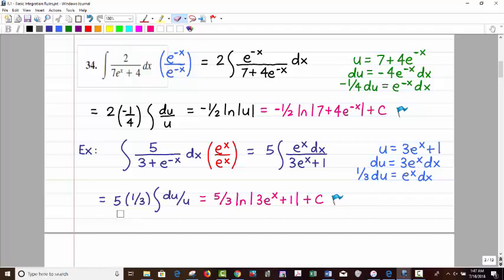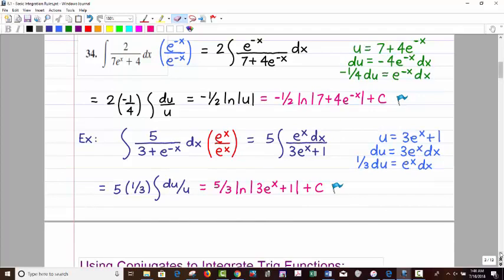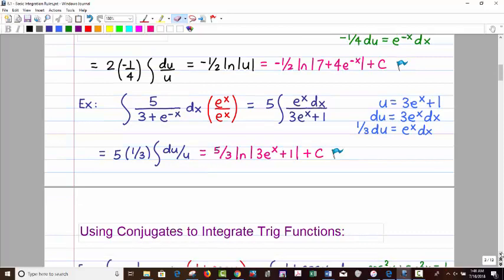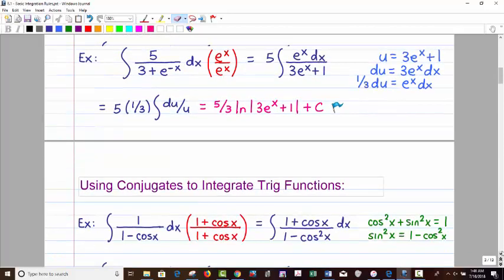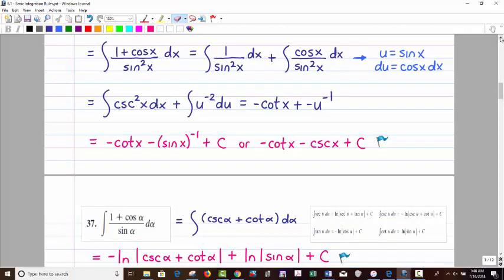And so we have a 5 from that numerator with a 1/3. Now it's du over u. So it's 5/3 natural log of 3e to the x plus 1, then plus c. So that is essentially the one new rule here. The first is the number 2. The second one is these kinds of problems using a conjugate technique